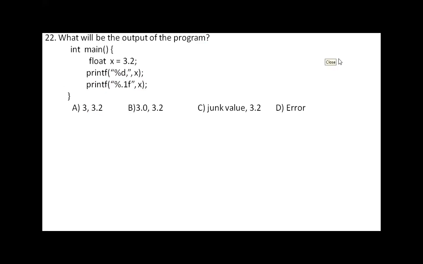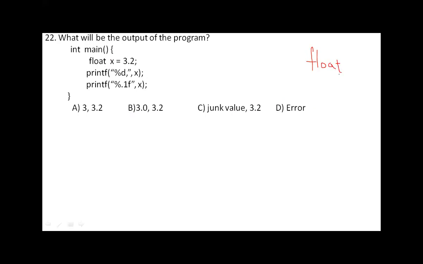Option A. B is 3.0, 3.2, C is junk value, 3.2, D is error. Now see here, when you consider float and integer data types, float is considered the larger data type than integer.